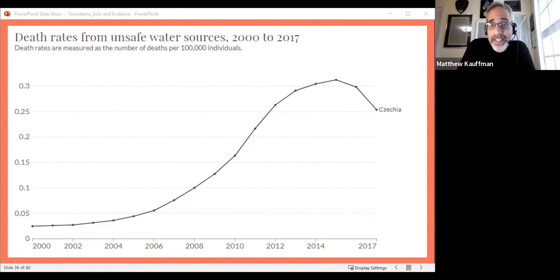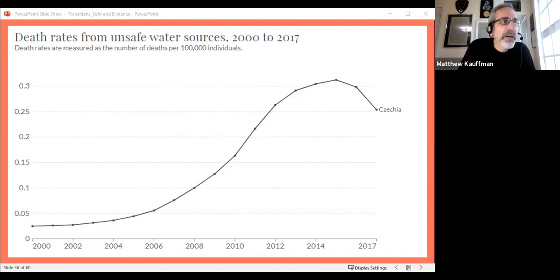Deaths from, right? This is a great point Michelle just made. What do we mean by deaths from? How did they determine this death got counted, this death did not? And frankly, unsafe, right? I think we've mostly assumed they're talking about unsafe drinking water. It's conceivable, I doubt it, that by unsafe water sources, they mean really like dangerous rapids. We're talking about drownings here. How many people have died doing recreation in dangerous areas? I don't think that's what it is, but you'd want to be